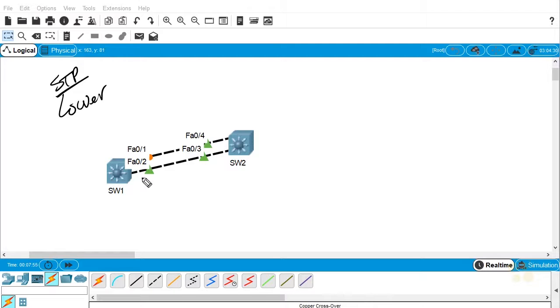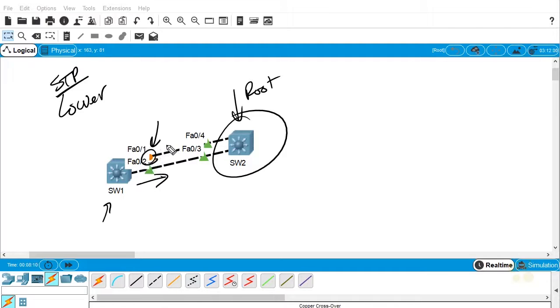And so if we take a look at this, based on this output, this implies that switch 2 is the root of this Spanning Tree topology, and it also implies that switch 1 is forwarding here on FA 0/2, but it is blocking from a Spanning Tree perspective on FA 0/1. Yet FA 0/1 is a lower port. So I'm going to save that mystery until you had an opportunity to go through our Spanning Tree Protocol training here at CBT Nuggets, which once you do that, you'll understand the details of how that plays in and